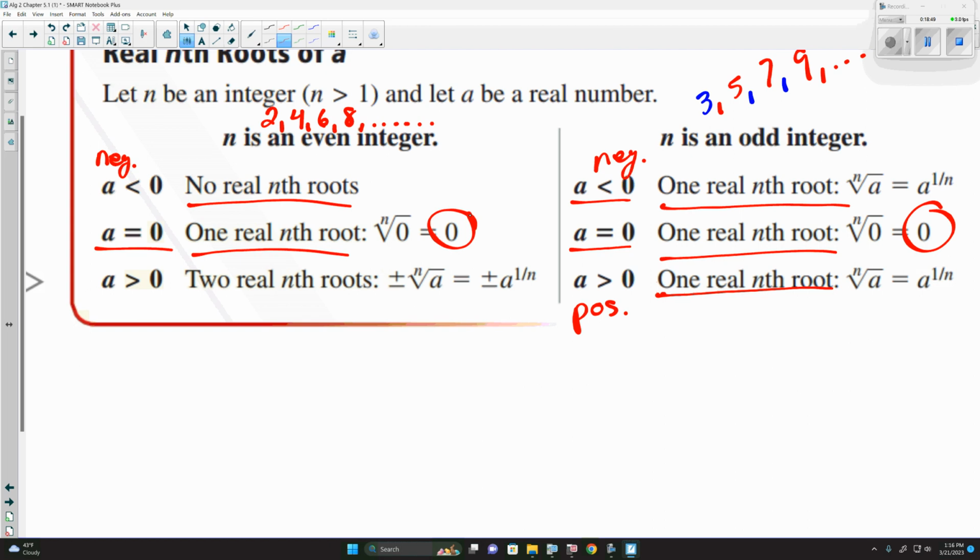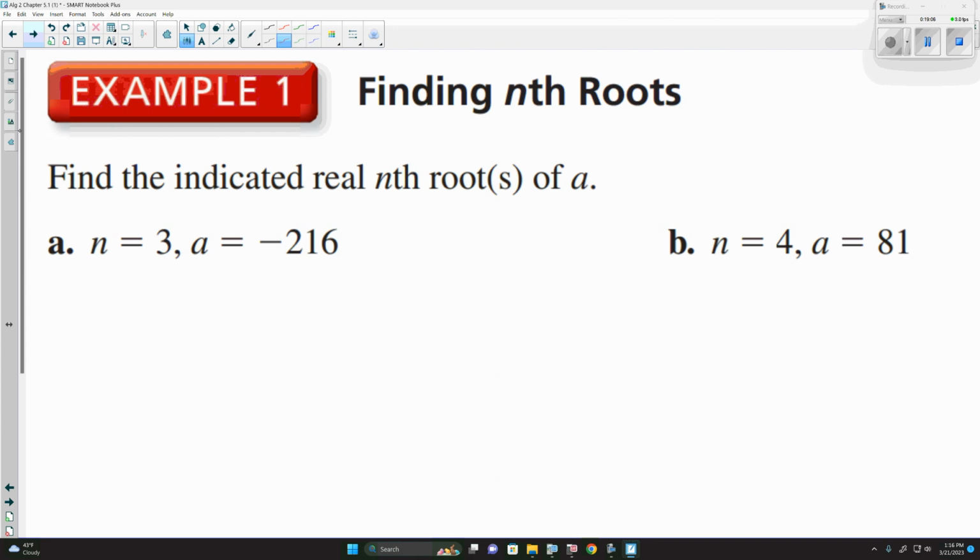Now, the one that's kind of important is if we take the even root of a positive number, we get two real nth roots. We have to add the plus or minus. So, if we look at these here,